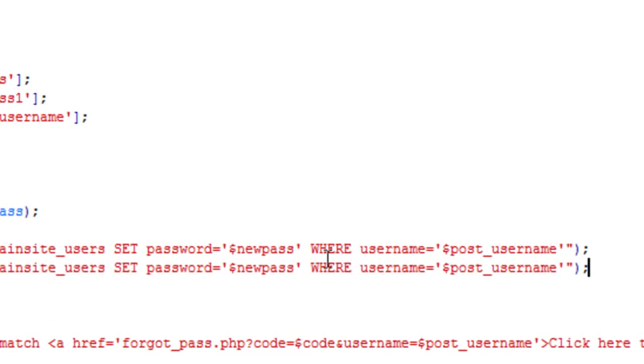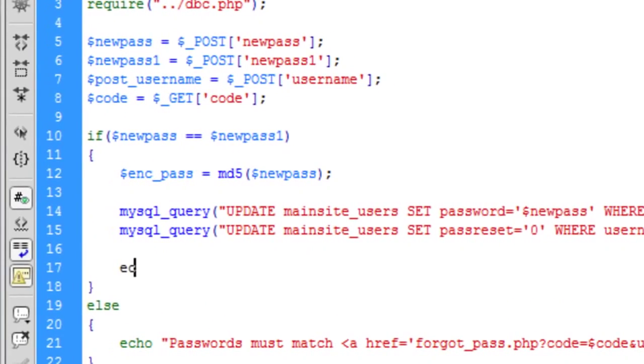Okay, so now we need to create one more query. So if we just copy this down here, we want to set, instead of password, we're going to set the pass reset to 0 to let the database know that the password has been reset, where username equals $_POST username. Okay, and now we can just echo down here your password has been updated,